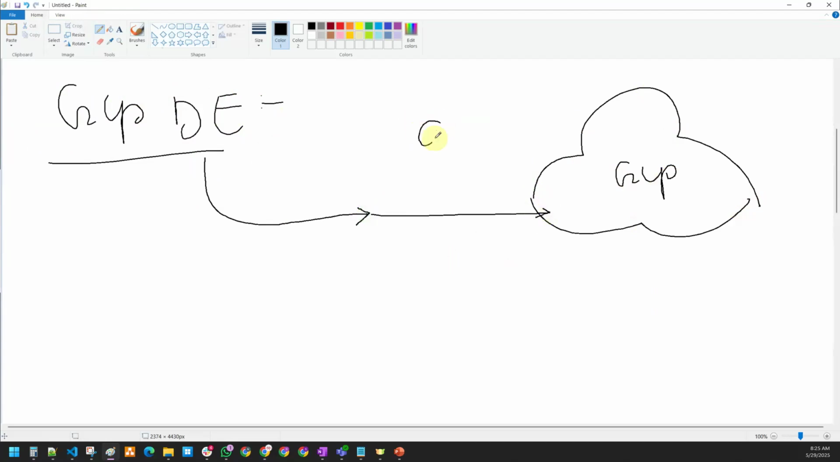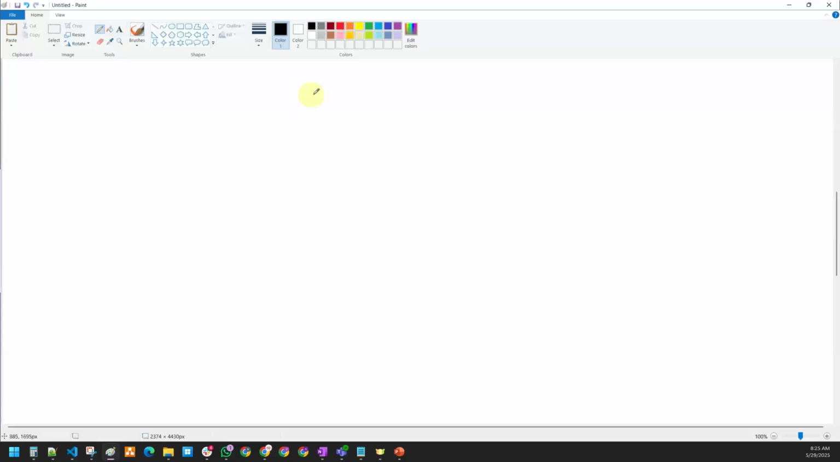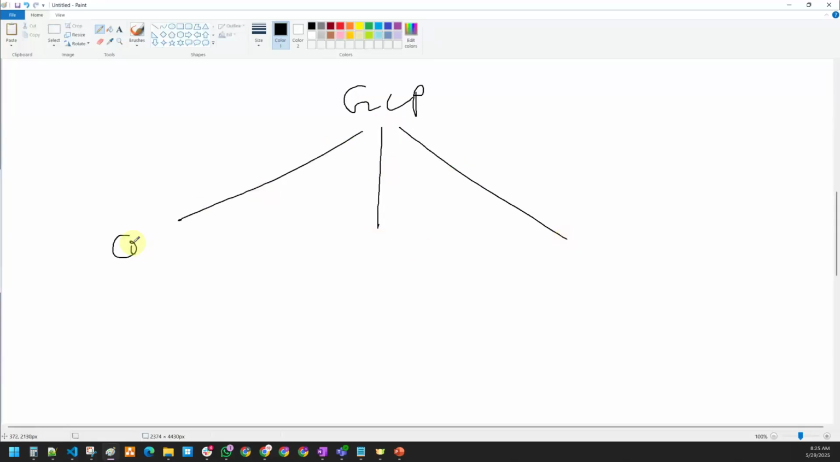There are three interface methods to interact with the GCP. One is console, cloud shell, cloud SDK. Okay. So if one wanted to interact with the GCP services,